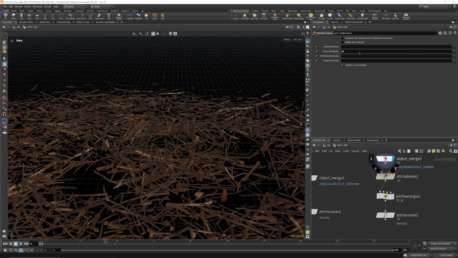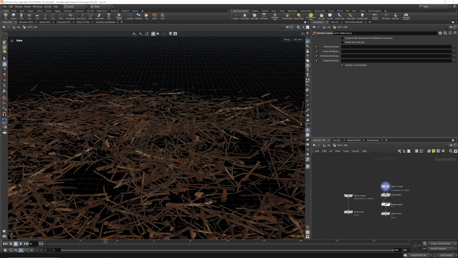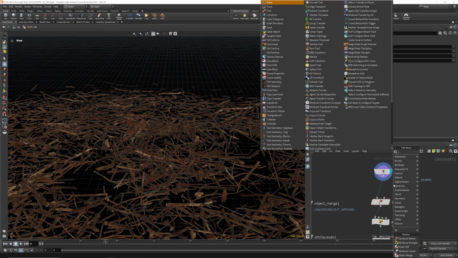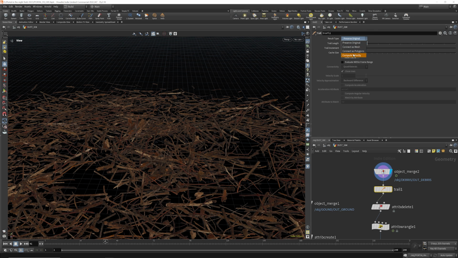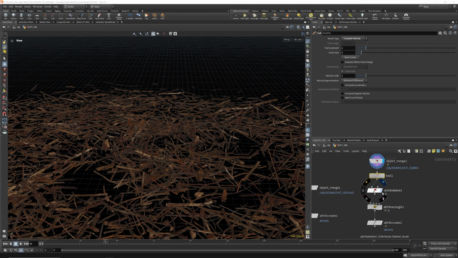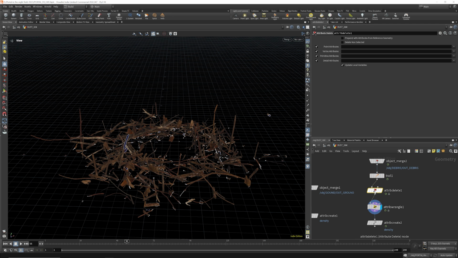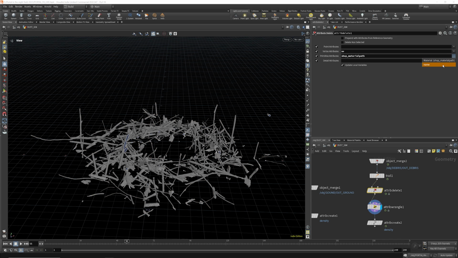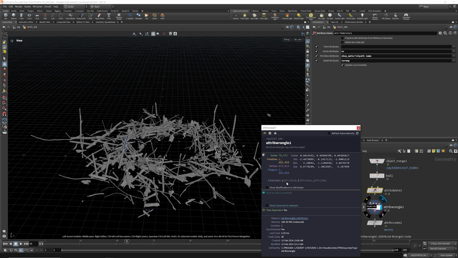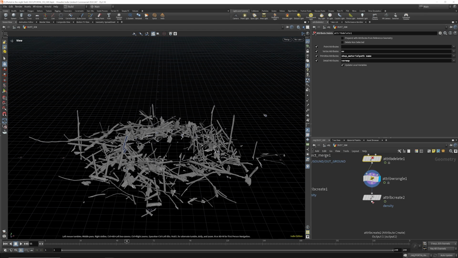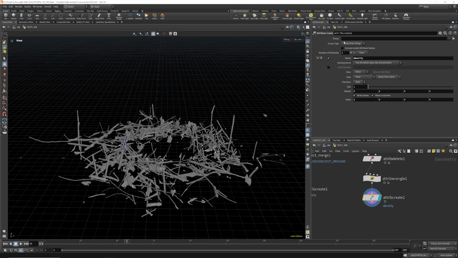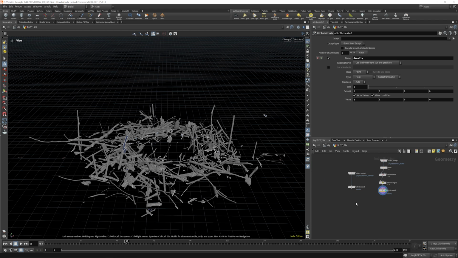And as you can see, this is not working because we don't have the velocity. Just check. Yeah, we don't have velocity, so we're going to need to trail this and say post compute velocity, and now this should work. Perfect. So we're going to delete everything but our normal, position and velocity. So now we've got just those moving pieces, and we're creating a density value on these, and then just like before,